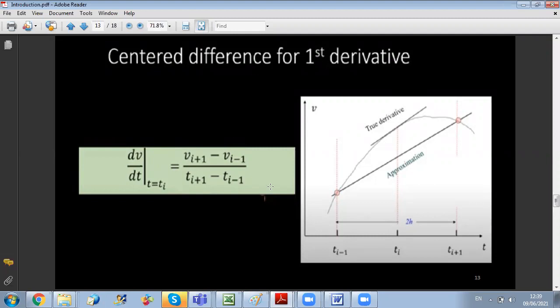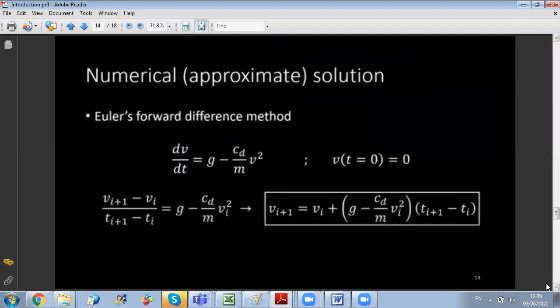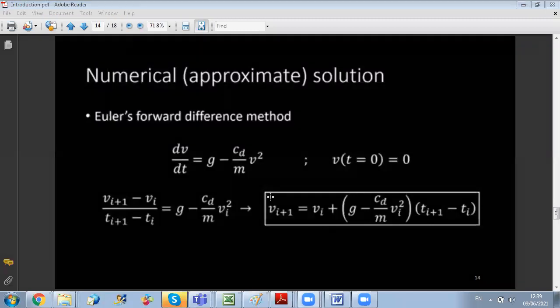before and just after. So in this case, we do v_{i+1} minus v_{i-1} over 2 delta t. Now for the Euler's forward difference method, we will use the forward difference scheme, and therefore we will replace dv by dt by (v_{i+1} minus v_i) over (t_{i+1} minus t_i). And then after rearranging terms, we will take v_{i+1} to one side, and a function of v_i and delta t to the other side. Now, what we will do, we will try to solve this problem for a certain time